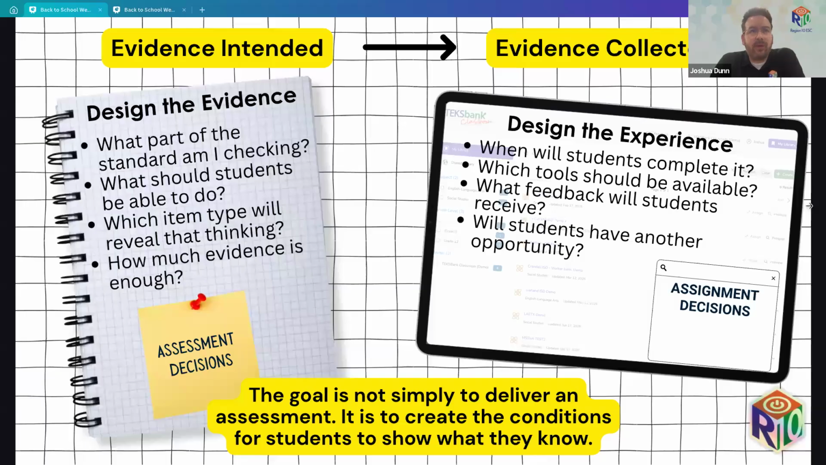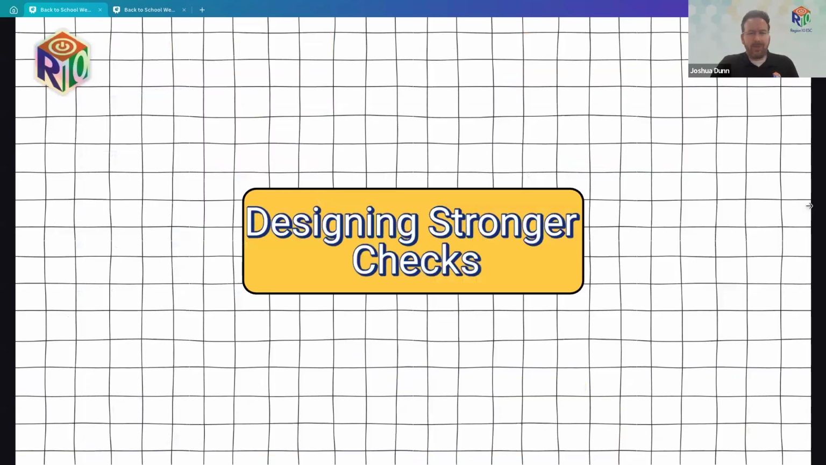The goal is not simply to deliver an assessment, it is to create the conditions for students to show what they know. And ultimately, that's why in TeKSbank Classroom they are called assignments as opposed to just simply assessments. So hopefully that makes it a little clearer. Again, I know that's a strange concept, but they do have their place, especially when you're building comprehensive formative assessment design. So you're skilled in creating assessments and pushing out the assignments to your students. So let's talk about how to build stronger formative assessments